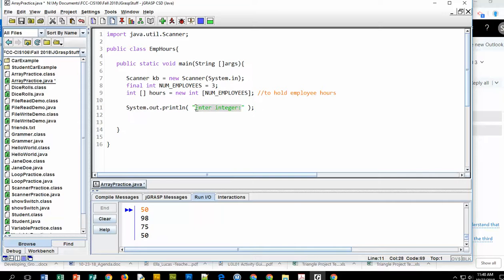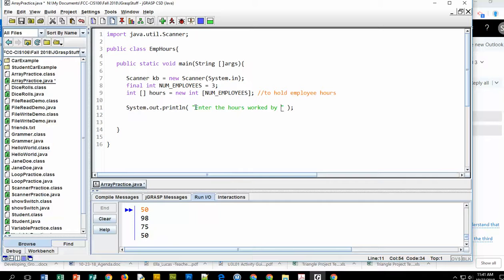I'm kind of stealing from the previous example to save some typing time. Instead of integer, we'll say: Enter the hours worked